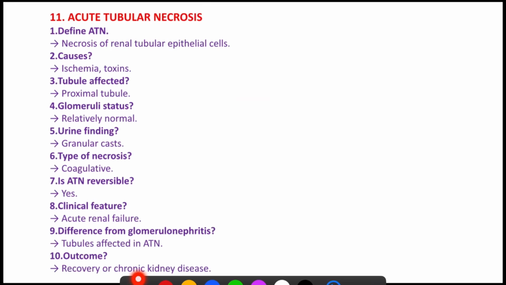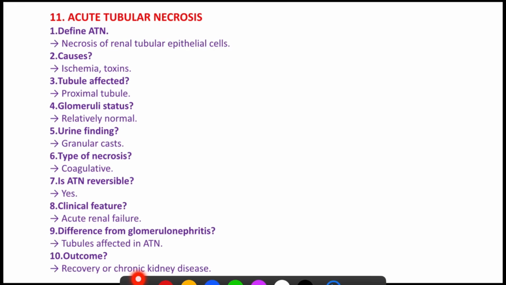So what is ATN or acute tubular necrosis? It is due to necrosis of renal tubular epithelial cells, from ischemia and toxins. Mostly proximal tubules are affected, glomeruli are normal. In urine examination, you can find granular casts, and it is a type of coagulative necrosis. And here mainly tubules are affected in ATN, whereas in glomerulonephritis, glomeruli are affected. So these are some important questions related to